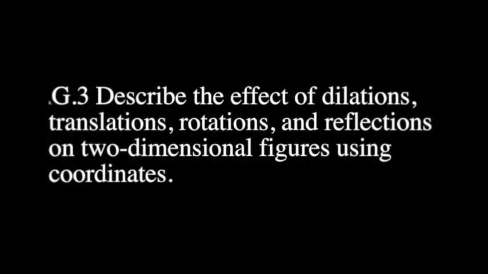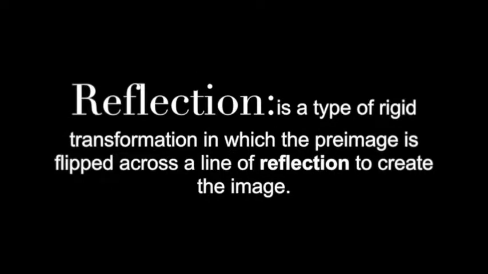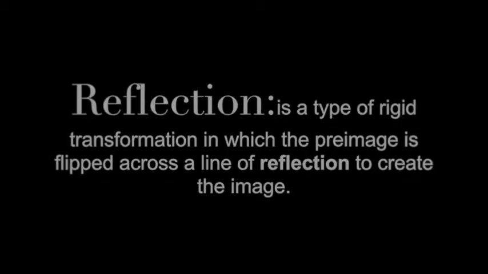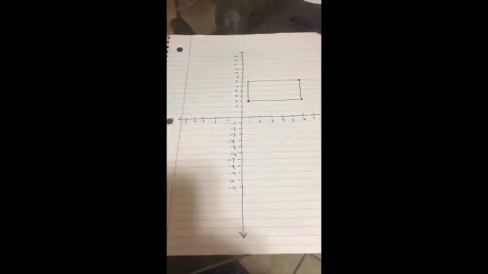The Common Core standard is to describe the effect of dilations, translations, rotations, and reflections on two-dimensional figures using coordinates. A reflection can be defined as a type of rigid transformation in which the image is flipped across a line of reflection to create the image. So the problem is: reflect this